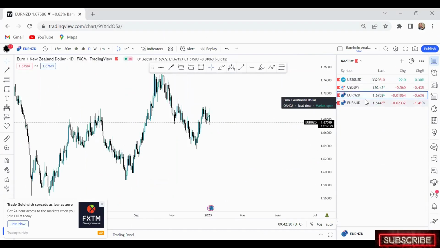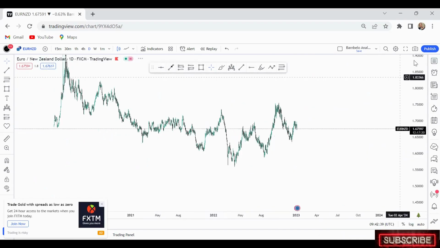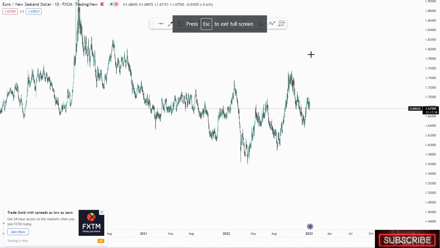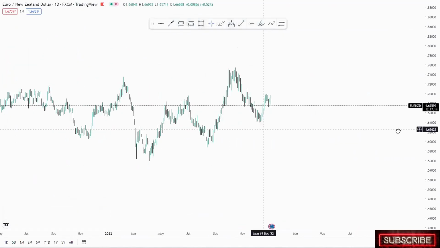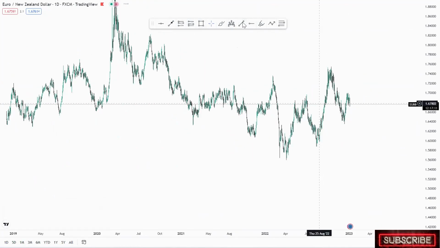Oh yeah, guys. So the last one is Euro NZD. On Euro NZD, guys, as well, Euro NZD is a kind of complicated as well. So one of those complicated pairs, but let's see what it can do. So as you can see here, we have